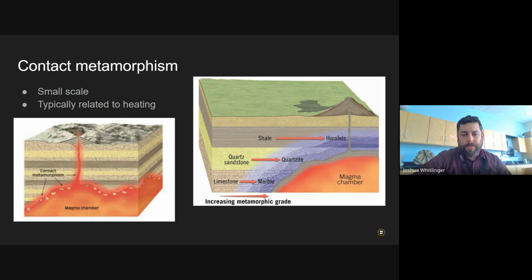So, for example, you've got a magma chamber down here. There's the magma chamber, and then where this is touching, you could imagine it's very hot, and that heat is radiating out and causing change in the surrounding rocks. So here we've got shale, we've got sandstone turns to quartzite, limestone turns to marble, and marble is very, very